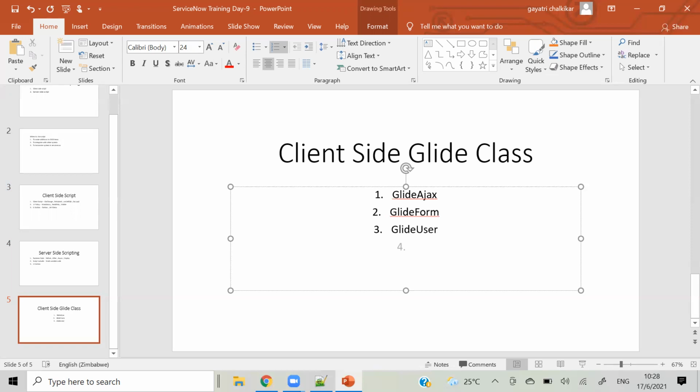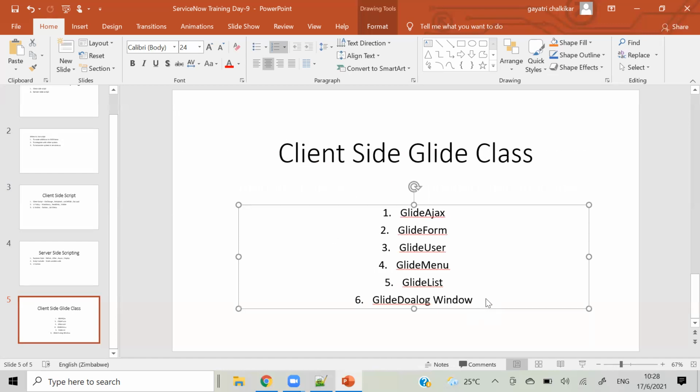Then we have Glide Menu. Then we have Glide List. Then we have Glide Dialog Window.